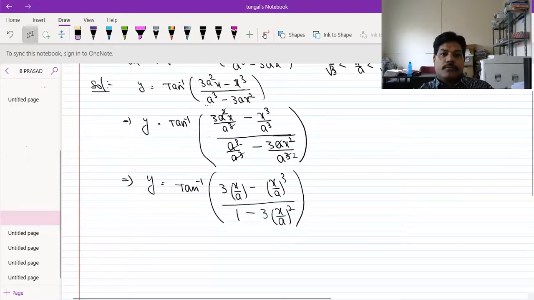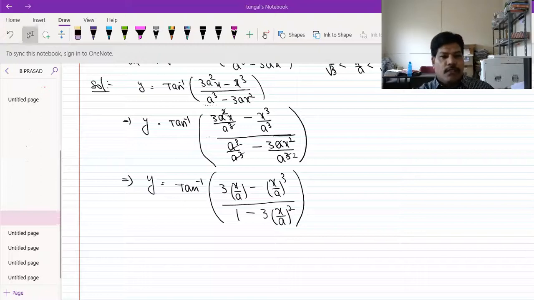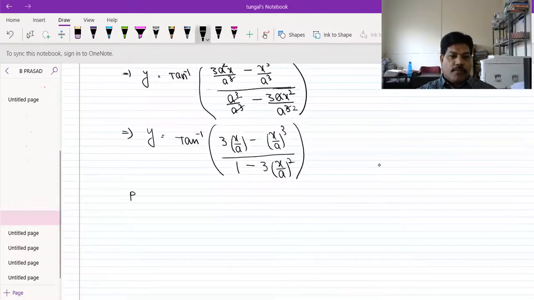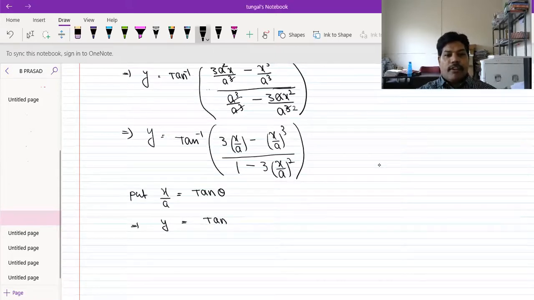See that one here, students. What will I take for x by a? I will put x by a equal to tan theta. So then what happens? That implies y is equal to tan inverse of